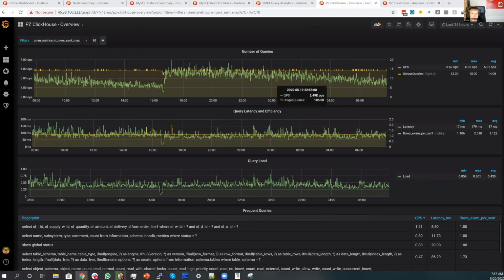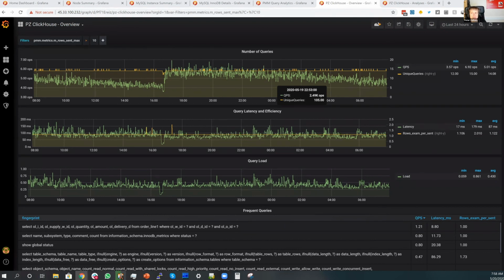Our target goal with PMM is that it would add another couple of percent of overhead tops, right? Which typically is not a lot to pay for